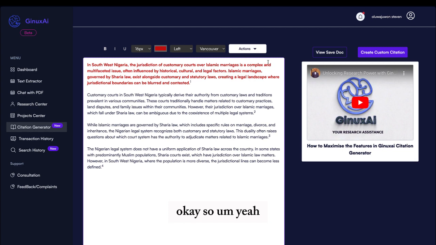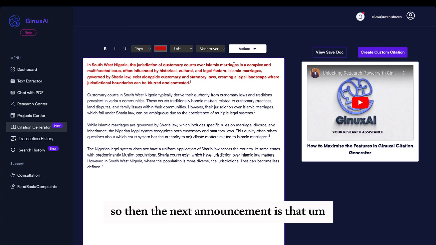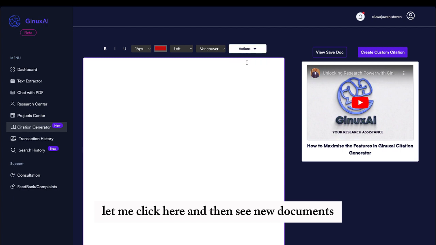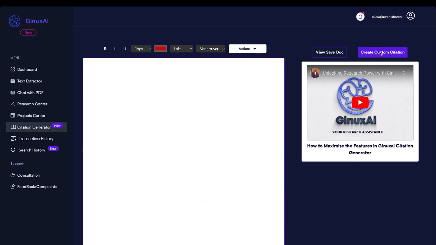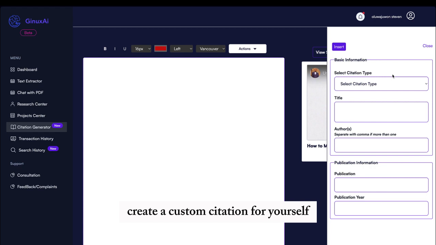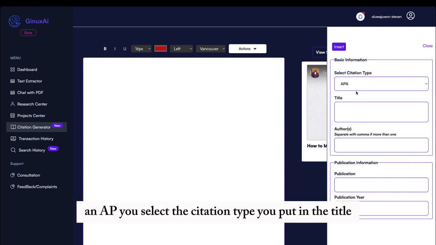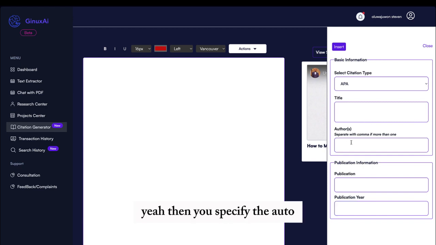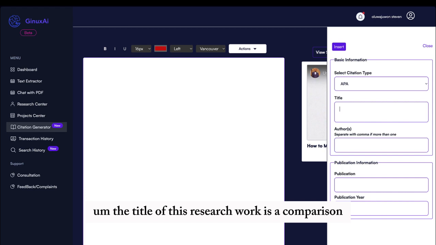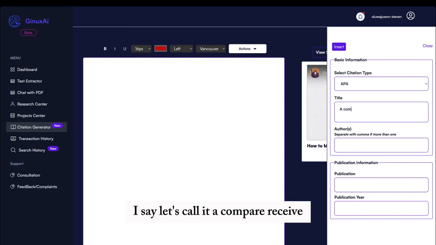Okay, so then the next thing I want to show us is that let me click here and then say new document. So let's say that you want to create a custom citation for yourself, you can do that as well. So let's say you want to create a citation, you select the citation type, you put in the title here, then you specify the author. So let me just use a random title here. Let's say the title of this research work is a comparative